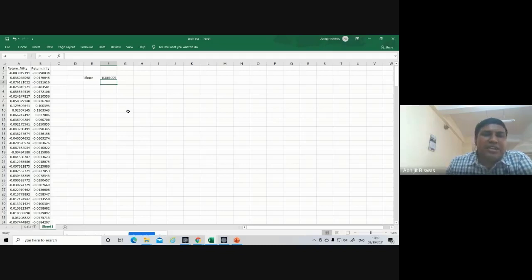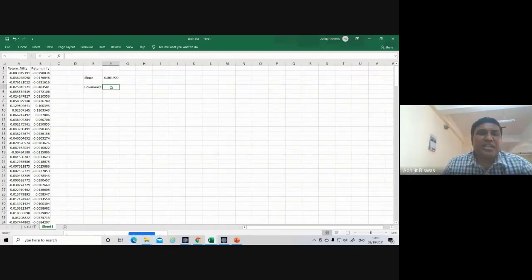Okay. Now there is an alternative way of calculating this. There is a formula: beta is equal to covariance of that particular stock with the market divided by variance of the market. So first let us calculate covariance, covariance between Nifty and Infosys.